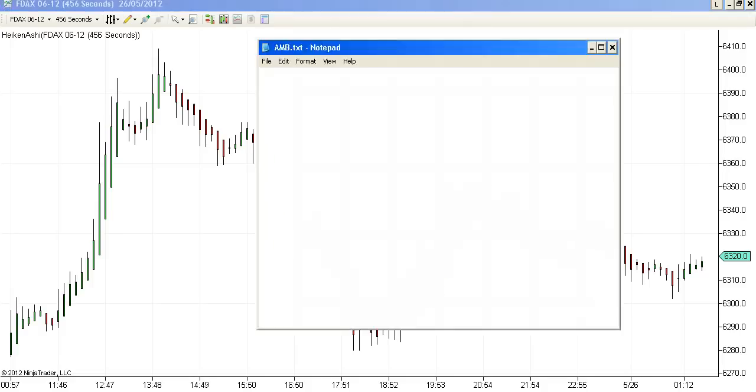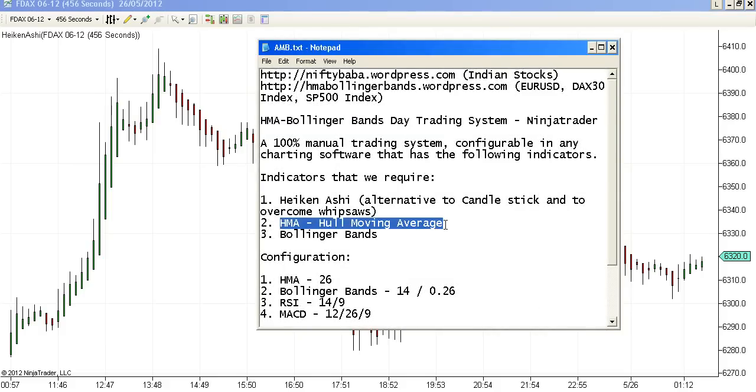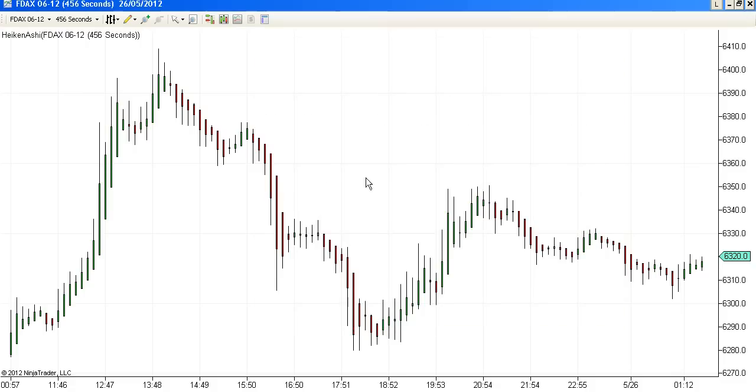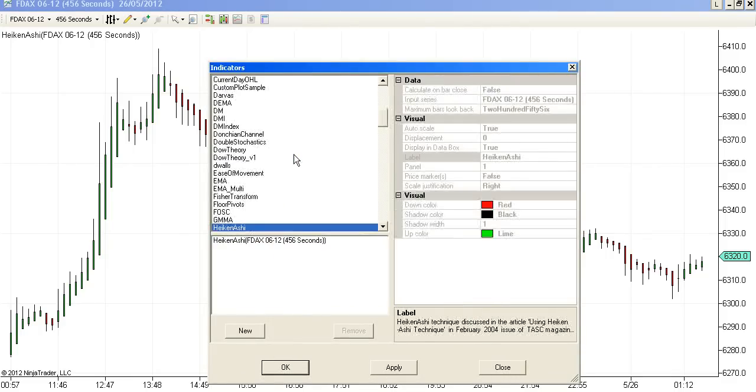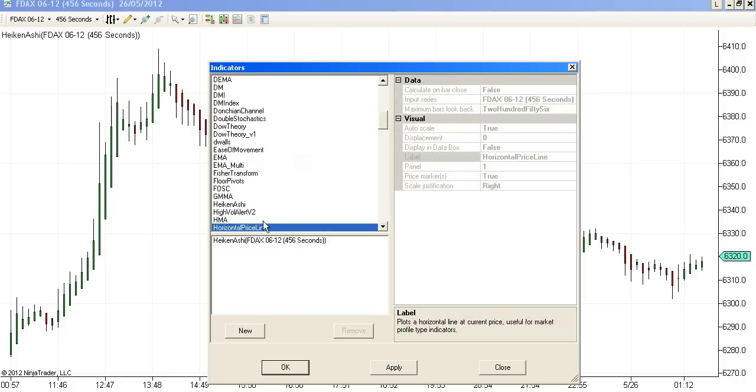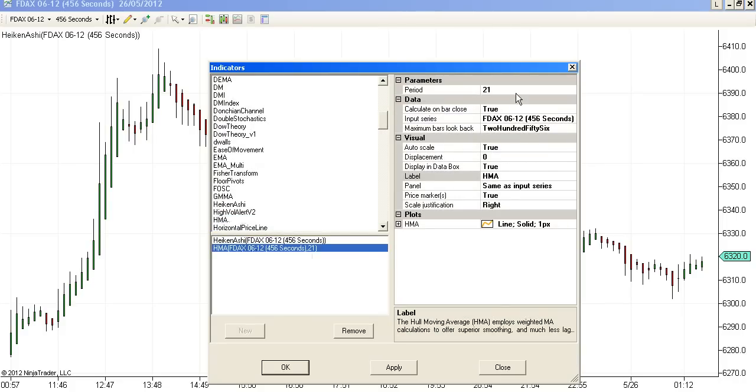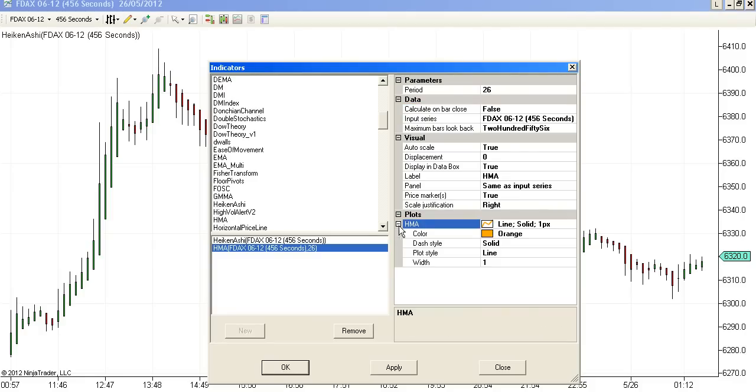Our second requirement, Hull moving average with a setting of 26. Same, either right click or Control I. HMA 26, make it false, everything is same.